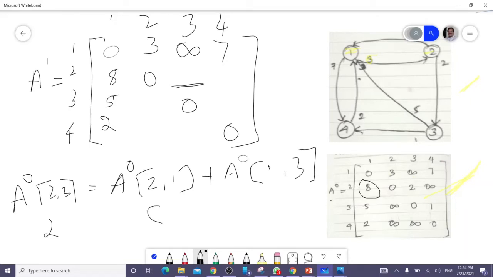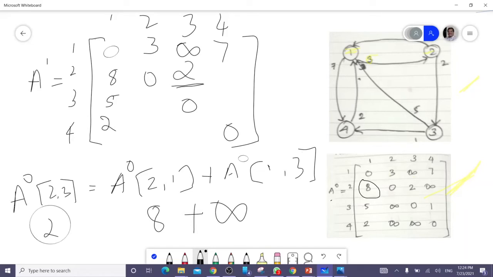So I am writing 8 plus A0 of 1, 3, which is infinity. Anything added to infinity is infinity. Which one is bigger, 2 or infinity? 2 is smaller, and we have to write the shortest one. So the shortest one is 2. Write 2 here.